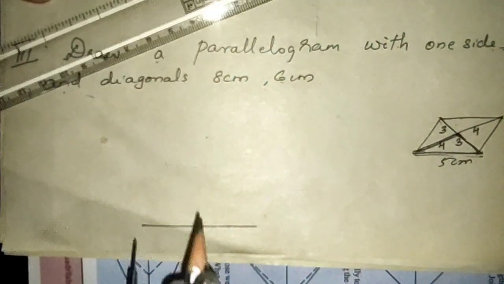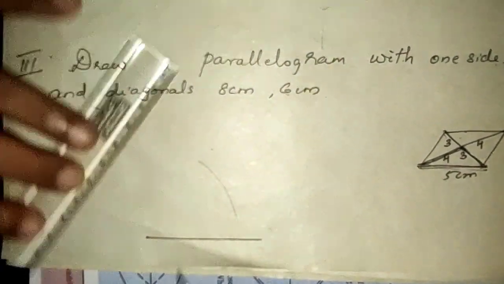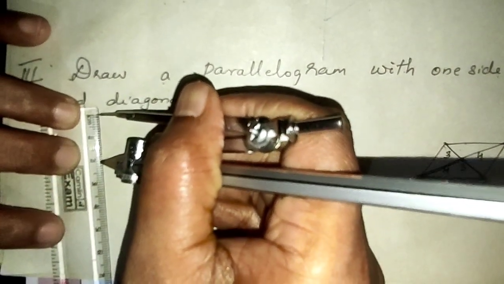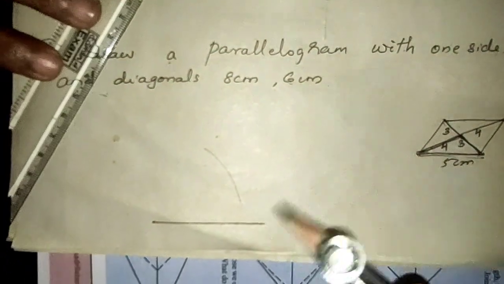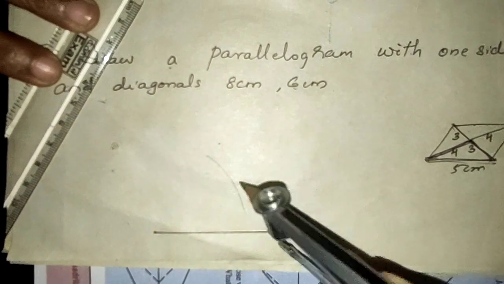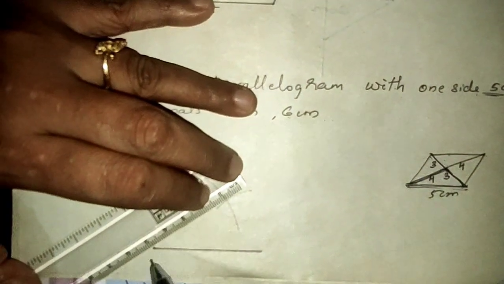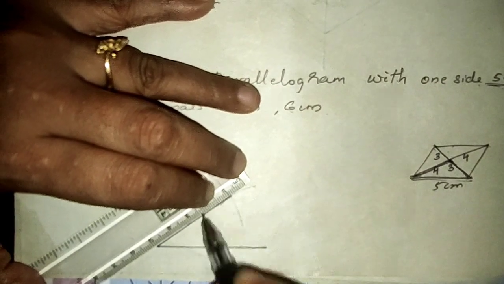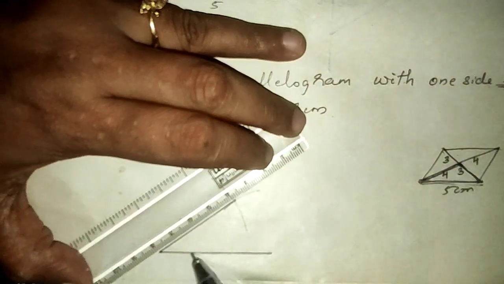Okay, so keeping this point as center, draw an arc of length 4 centimeter. Then 3 centimeter. Okay, keeping this point as center. Yes. Then this length is equal to 4. Okay, if we extend this to 4 more centimeter, we get our,